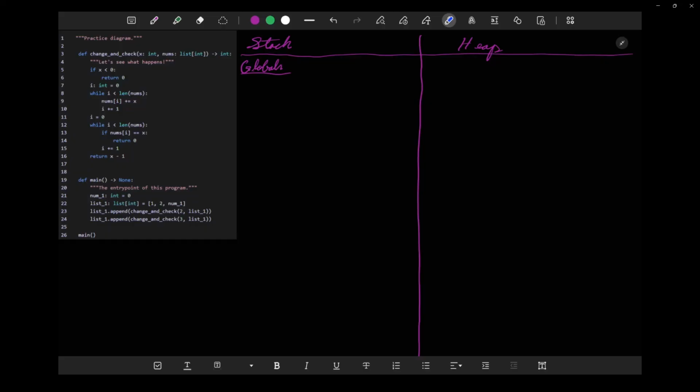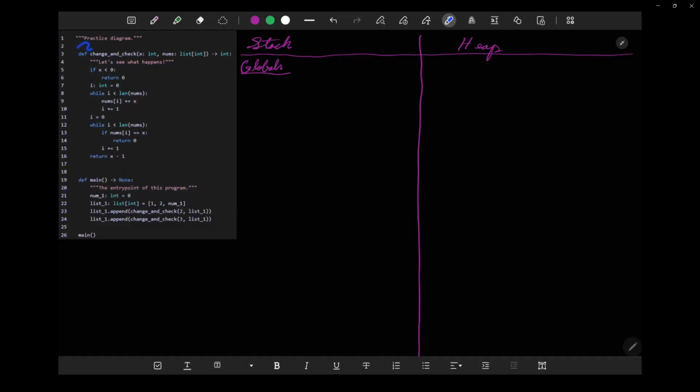Today we're going to be working on a memory diagram that works a lot with lists, accessing values in lists, adding values in lists, and manipulating lists using while loops. So let's get started. Just as always, I want to reiterate the whole reason we are doing memory diagrams is